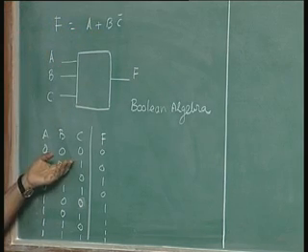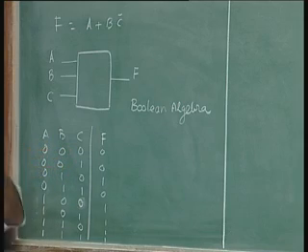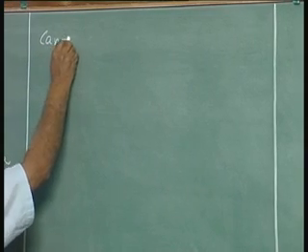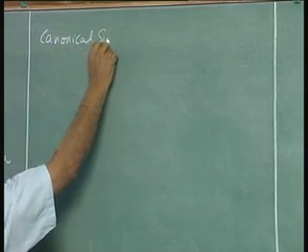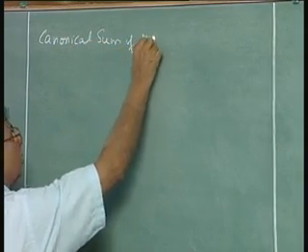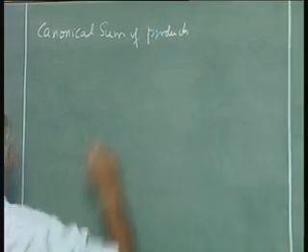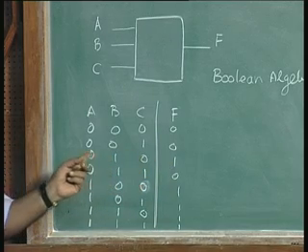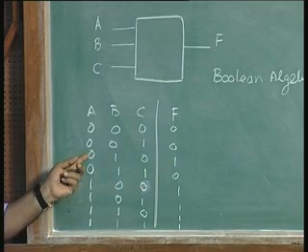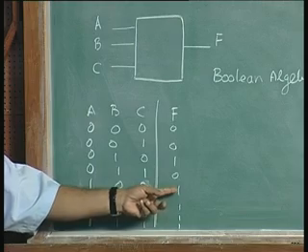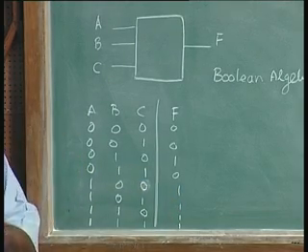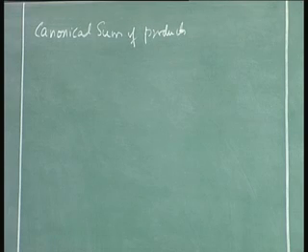When you write it from the truth table, we get what is known as a canonical sum of products. I said that. So, we will first write the canonical sum of products. And the canonical sum of products will have the min terms corresponding to each of the input combinations for which the output is true. So, when you write that, that becomes a canonical sum of products. So, each of these product terms is called a min term. So, F is